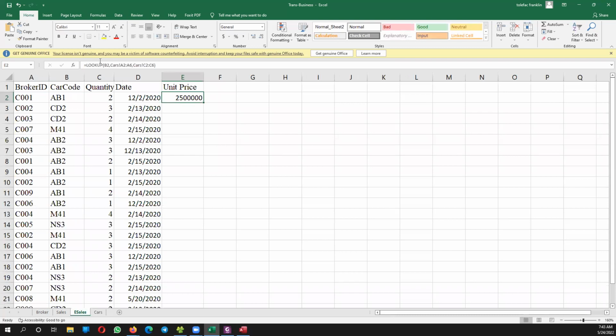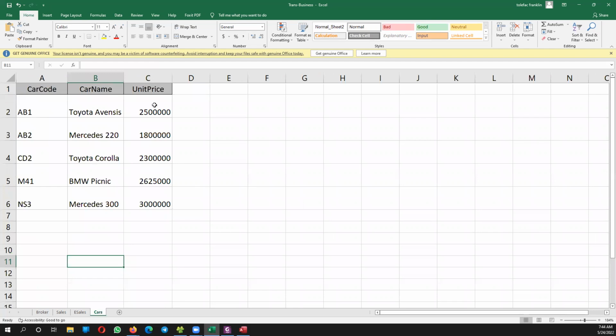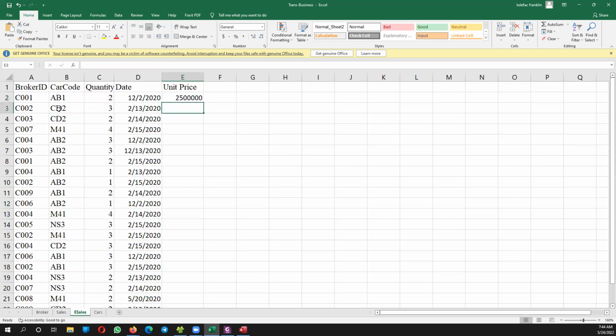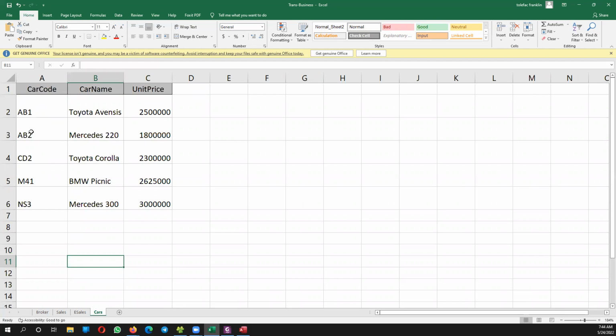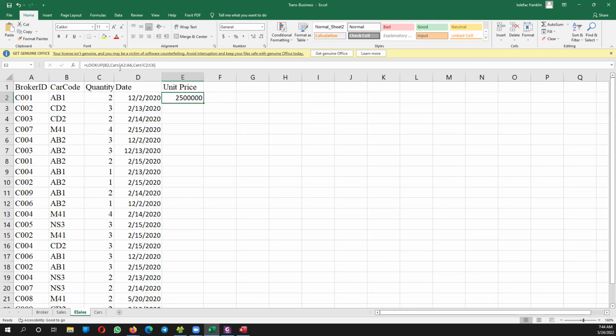We always have that tendency of Excel auto-filling our data. But now you watch. As I want to autofill, Excel knows that if I look up this value from A2 to A6, and my result is from C2 to C6, the next car code will be this one. So Excel will shift the lookup vector to A3 to A7 and C3 to C7. Let's watch and see. So this is A2 to A6, C2 to C6. If I drag all the way down,